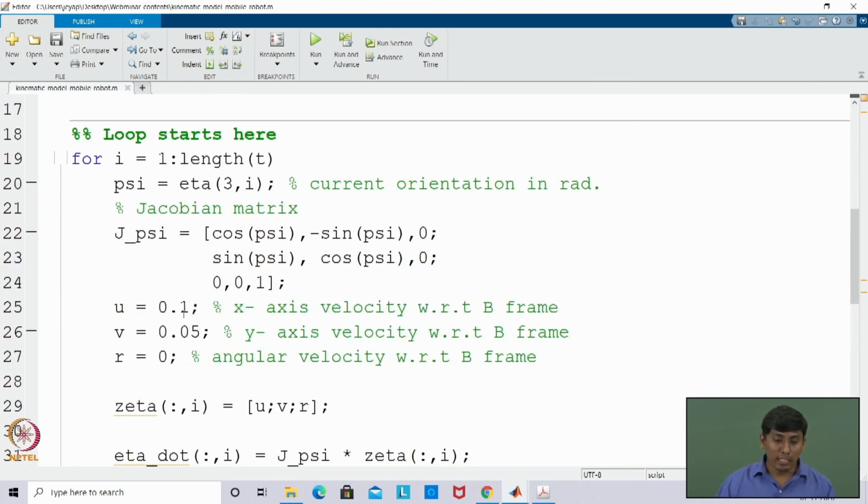Now you can see that these u, v, r are directly given by you, but they are supposed to be written based on the angular velocity of the wheels, right. That's why we wrote one equation, where zeta can be written in terms of w times omega. So you need to do that. Next class we will address that in great detail, and similarly I will show the animation: how to make a block that moves on the given plane, because it's a planar robot. It is very easy to simulate and animate.